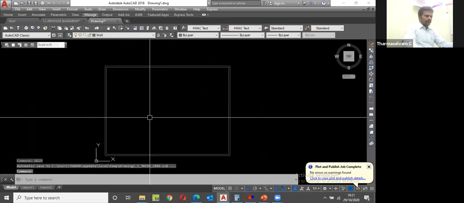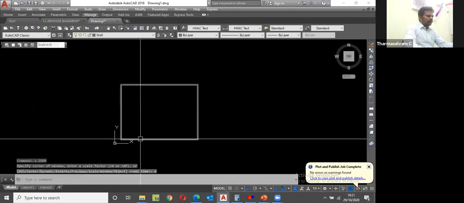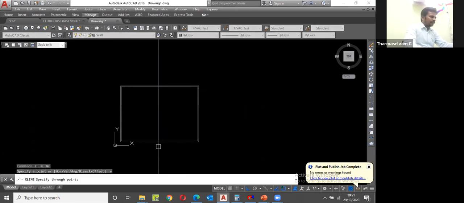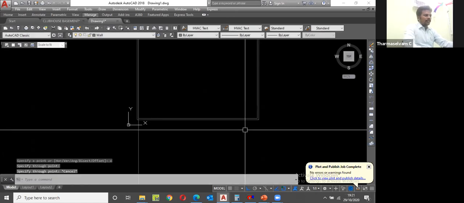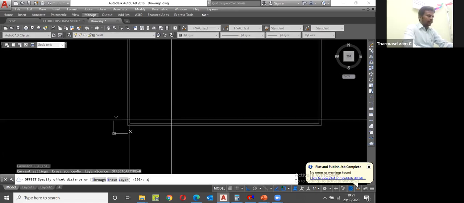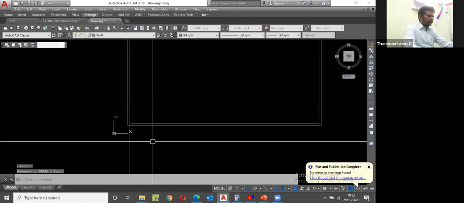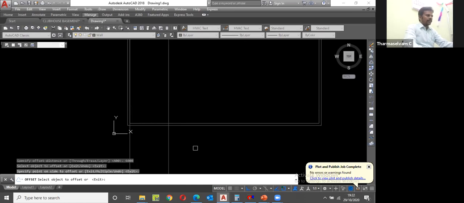I am going to draw the number of rooms and main door and all. Okay, now XL line, XL. This is a reference line, vertical. I am going to plot this vertical line. Here I am thinking this is a 20-meter length. No, each 4 meter, offset 4 meter. I have one room. Offset 4,000. Enter. One room. Okay. Trim.